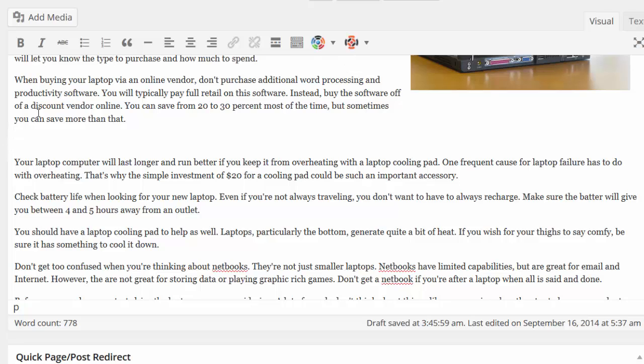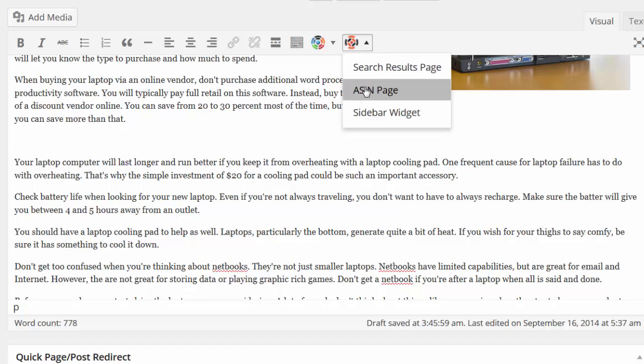If I want to add a product, let's say a laptop, I would simply click on the Amazon bullseye, and there's only two different options that we're going to use. The first one is search results page, which is the easiest and in my opinion the best way to go, and then the ASIN page if you're trying to find a very specific product. Let's do the search results page first. All I have to do is click it,